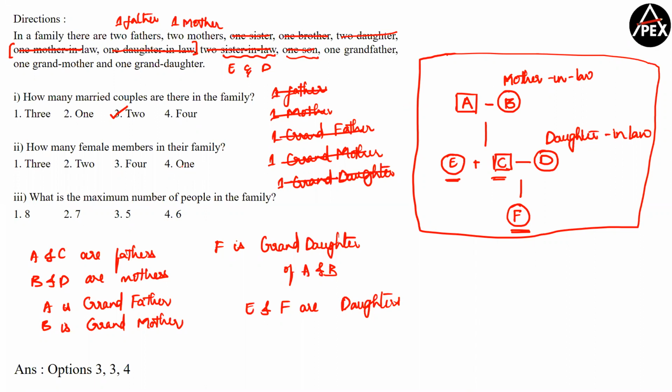Now, how many female members are in the family? B is female, E is female, D is female, and F is female. So we have four female members in the family. Now, what is the maximum number of people in the family? In this family, we have one, two, three, four, five, and six. So we have six people in this family. So the answers are three, three, and